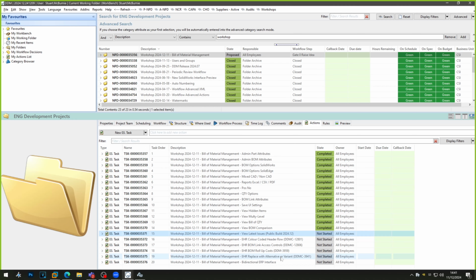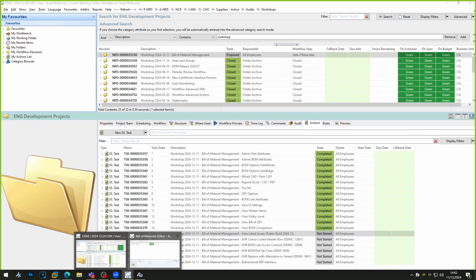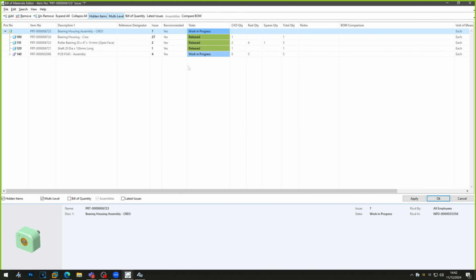So they assume latest issue, and most people don't put part history turned on in an MRP or an ERP system because it becomes incredibly complex to manage. Okay, we had a request for a business that they want to keep the absolute tracking and the audit trail of versions of all of their information, but what they wanted was the ability in a bill of materials to be able to say, now